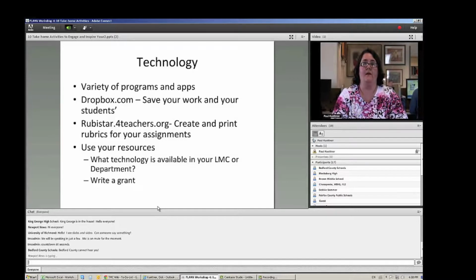Okay. All right. So with the Rubistar, like I said, you can create those. You can customize the rubric to go with the assignment that you're giving to your students, and you can print them out so that you can use them over again. Make sure that you check with some of the resources that you have in